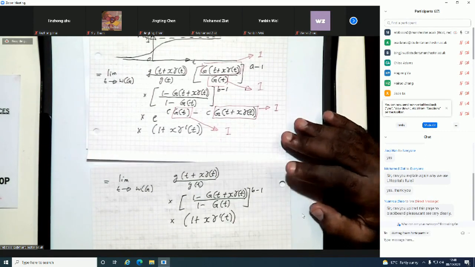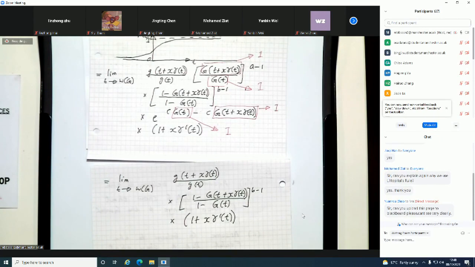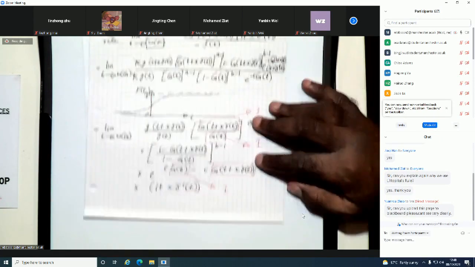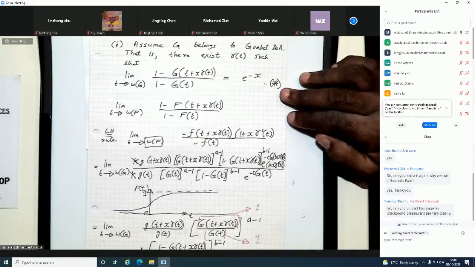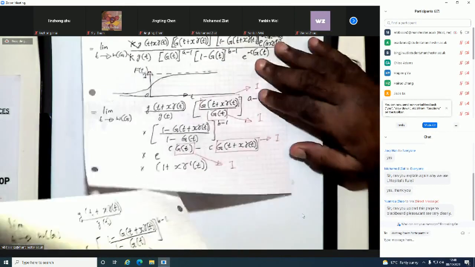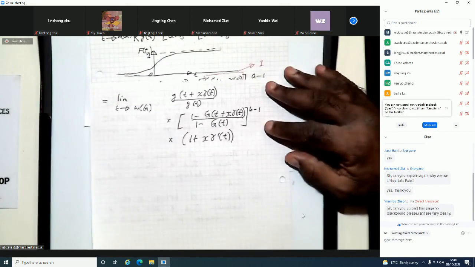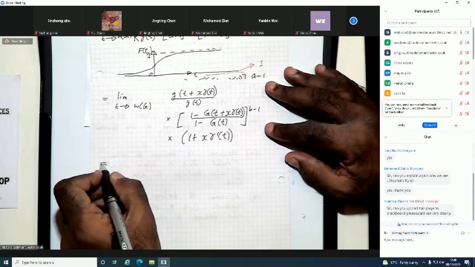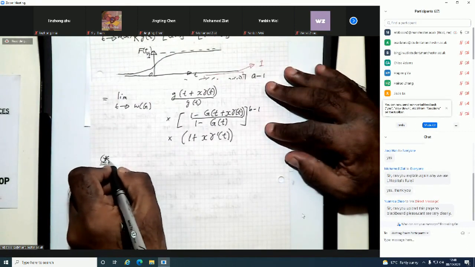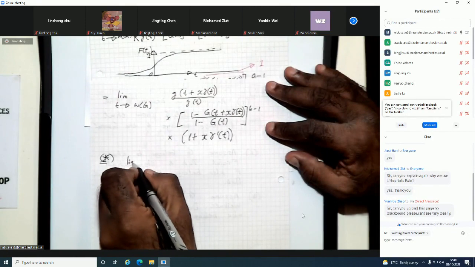All right, so it's a lot simpler now. Now, you should go back to star. Remember, this is star. I zoomed earlier. The limit of this is equal to e of minus x. So using star, just bear with me. If I run out of time, I'm sorry. Using star, what you have is